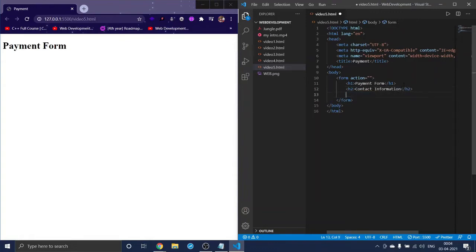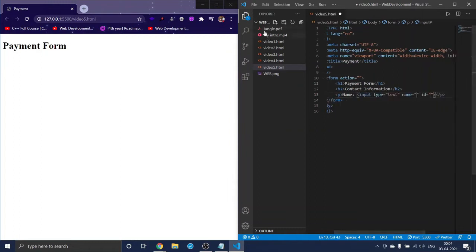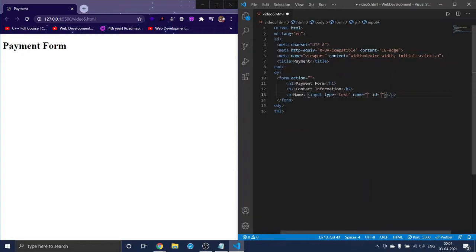Next I will use a p tag, which is a paragraph tag, and in that I will give name, and here we need input, right? So for that name I'll give an input here, which is of type text. Check this out, we got here an input element which consists of an attribute type, and the type is text, and we got a name here as I told you about the name.